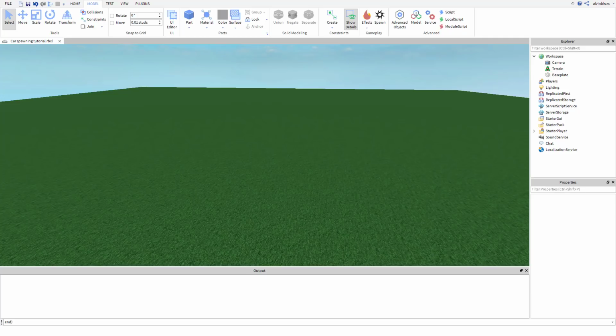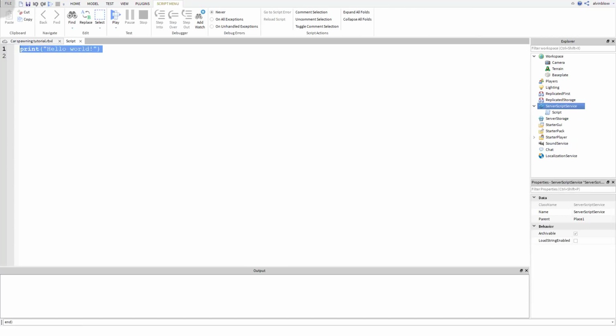So the first thing that we're going to do is insert a leaderboard script which will control the amount of cash that each player has in the game. We're going to click on this little plus icon next to ServerScriptService, and then click on Script. Once we've done that, we're going to do a player added event. So you need to type game.Players.PlayerAdded:Connect(function(plr)), just as it is shown on screen.